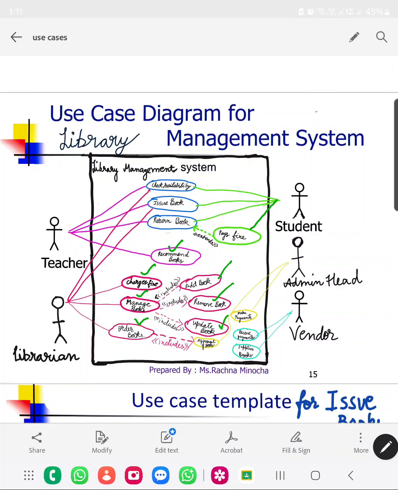After that, the librarian will order the books. When the librarian will order the books, it will include approval of books. So approval of books is done by the admin head. So it is also related with a yellow line for the admin. And then after the approval, when the books are received, admin is going to make the payment of those books, and the books payment will be received by the vendors who provide and supply the books. So vendor will supply the book, receive the payment,